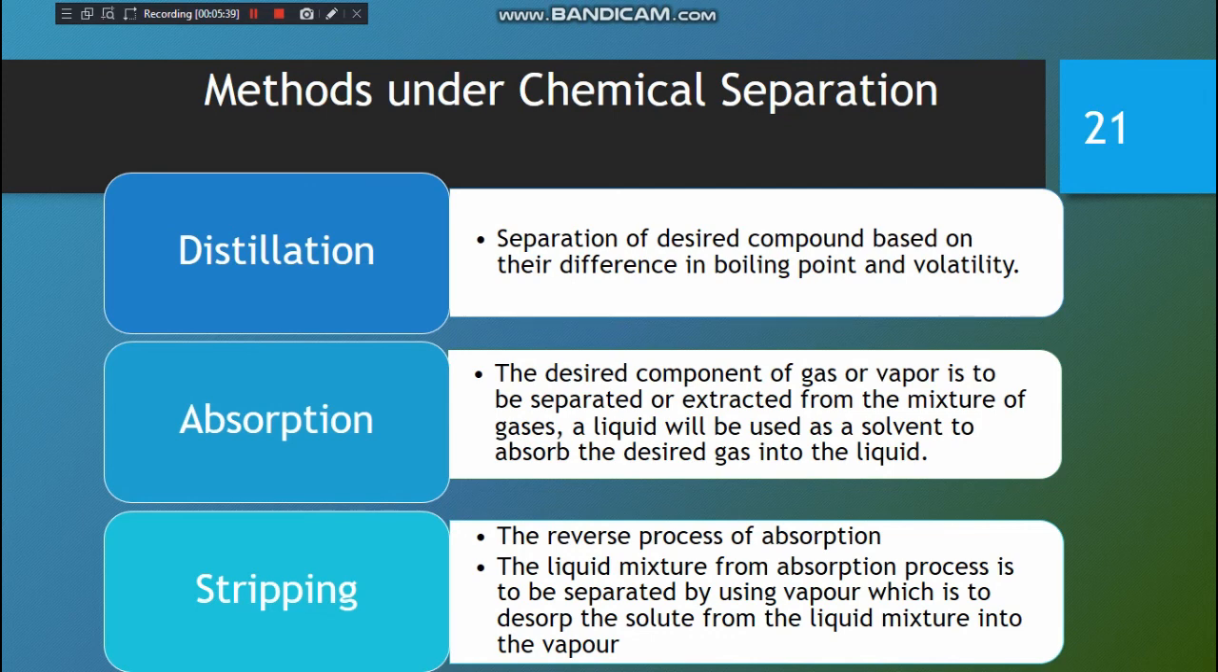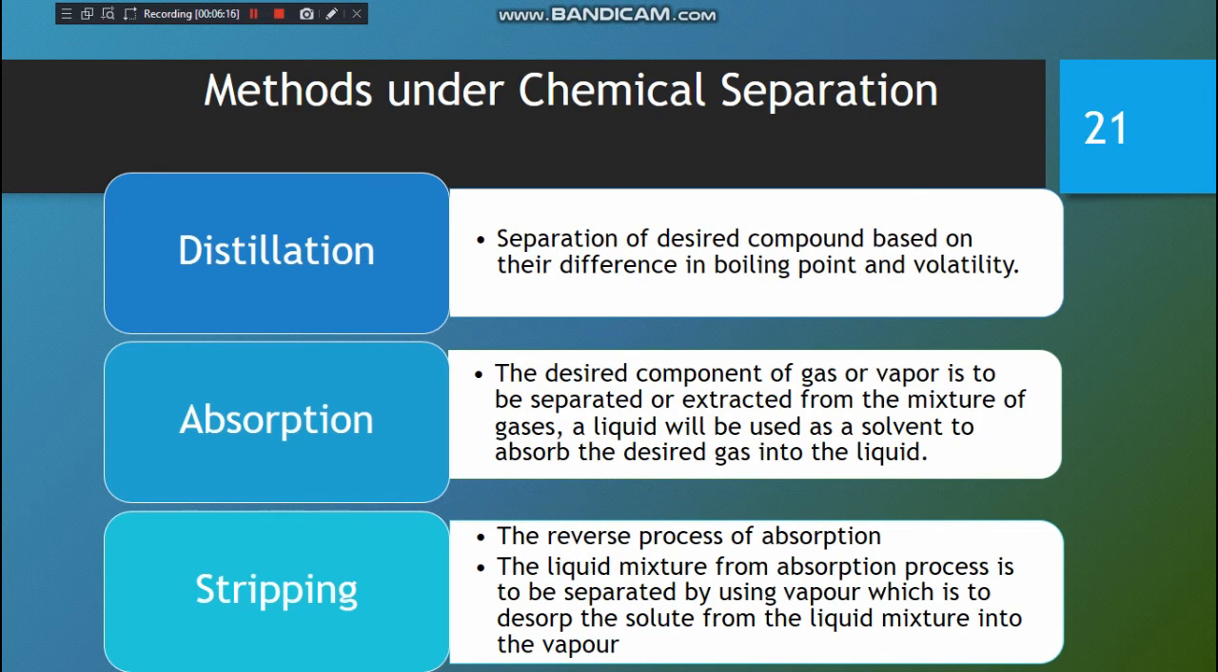Okay, so next we will move to the absorption process, where the desired component of gas or vapor is to be separated or extracted from a mixture of gas. A liquid will be used as a solvent to absorb the desired gas into a liquid. Okay, so it means that in the absorption process, the two contacting phases are gas and liquid,